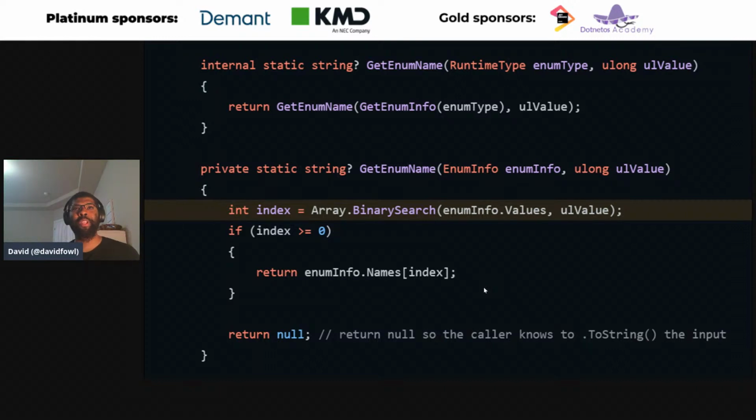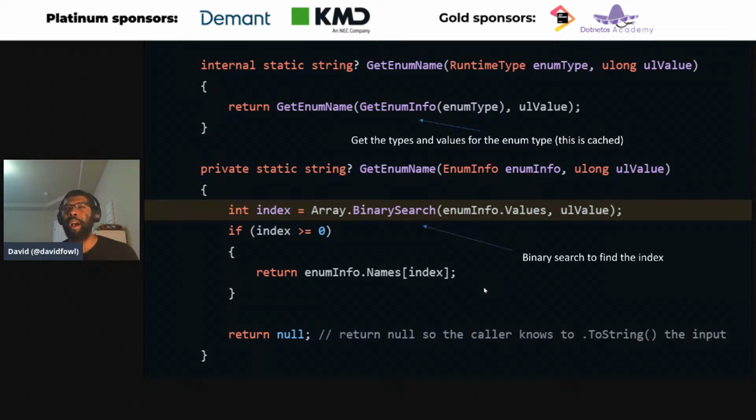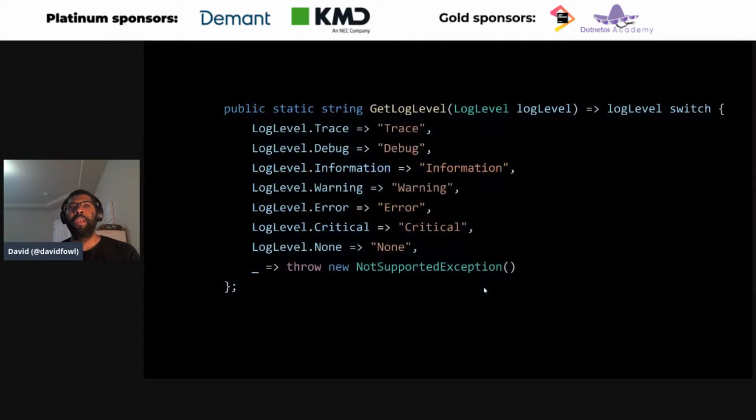So the way to optimize this, right? It caches the enum information from the runtime, and then it does a binary search to find the right enum index to get the value, and then it gets the name from the values index. So there's two arrays, an array of names and an array of values, and it keeps those and caches it per enum. So you're paying this added cost of memory because the runtime has to grab that information and cache it per enum, but it's cached once per process, so it's not a huge problem. But this is actually much more efficient.